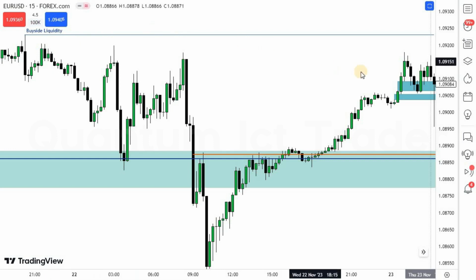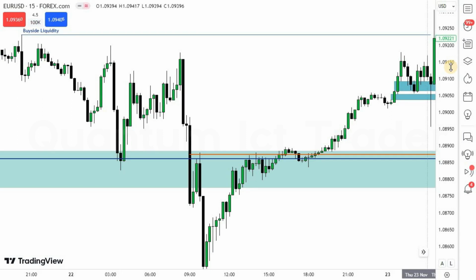So on the very first candle at 3:15 AM, when price came down to this fair value gap, you were long on this fair value gap, targeting that buy side liquidity. If you were on that trade, you would have been stopped out. And see, after taking your stop, what did price do? Price ran for that buy side liquidity. So if you put your stop loss here and targeted that buy side,